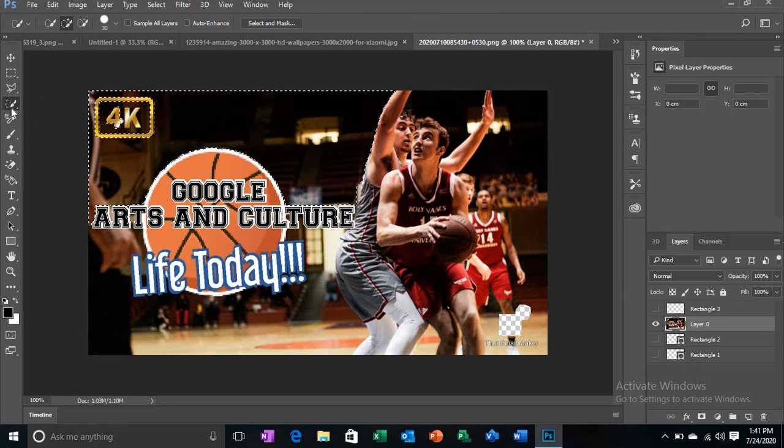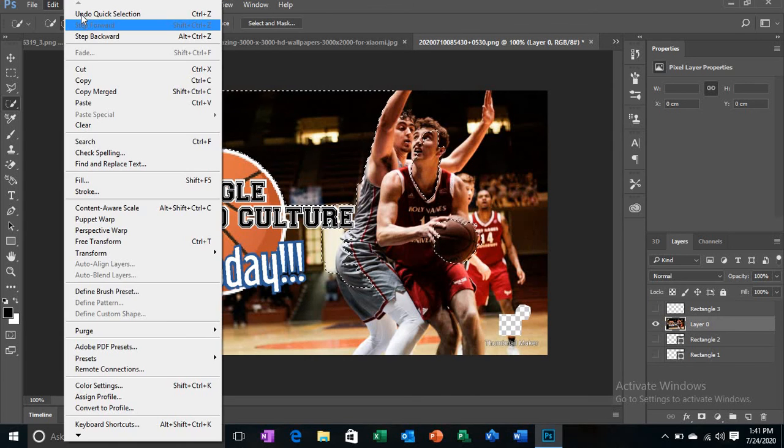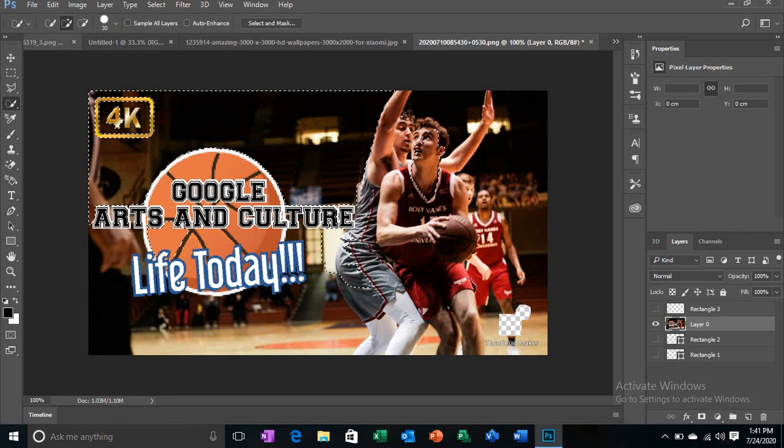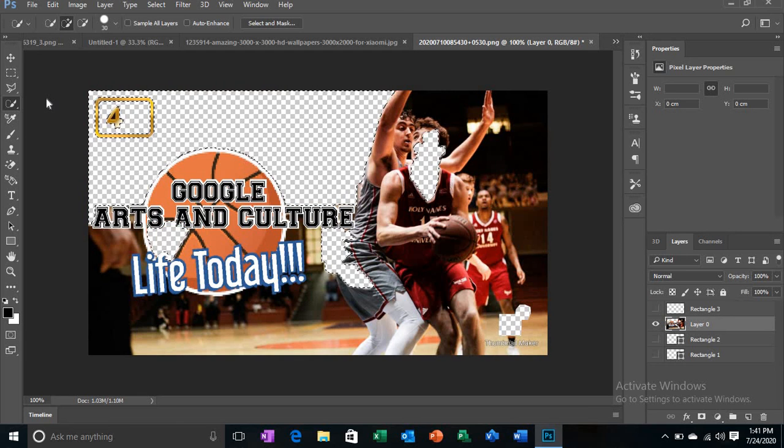So now I'm telling you, this is the quick selection tool, right click, quick selection. Now what is quick selection? If you click on the basketball, this area would be selected, and this area would be selected. Now I would undo quick selection, then we could redo quick selection like this. So by selecting we have deleted these things. We could do that also.